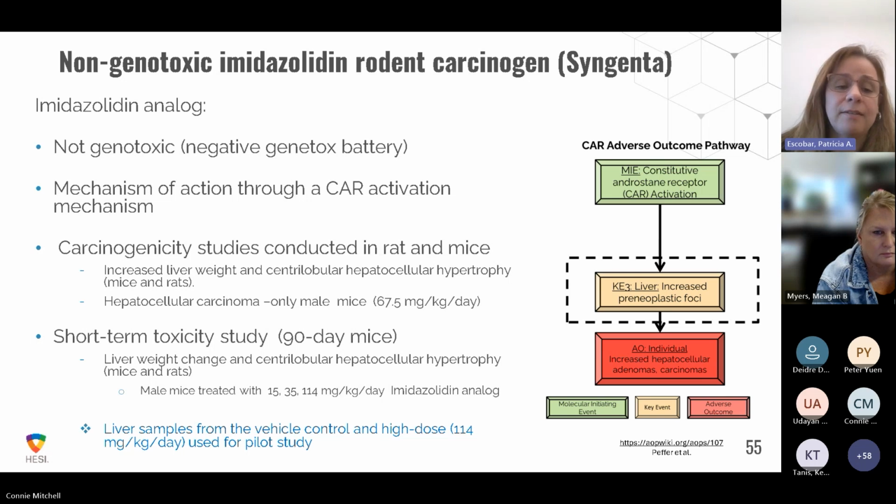But the lucky part for us is that they had already also run a short-term toxicity study. They had a 90-day study with the same compound, and they had samples from male mice treated with this compound. They had already seen some changes, like hepatocellular hypertrophy and liver weight changes, in those animals. So those were the key samples. Once we identified that the study worked, we had to actually work with Syngenta, and we're thankful to Syngenta because they were able to provide the samples and we were able to actually use them. And that's where we selected the liver samples that we have there.